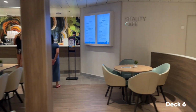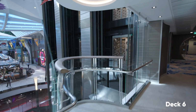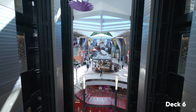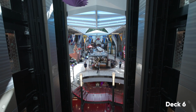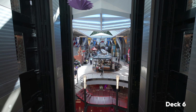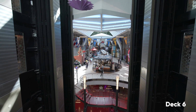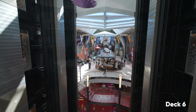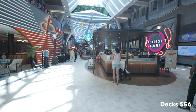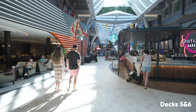So coming out of the deck 6 front Vitality at Sea Spa, we're overlooking the Royal Promenade. Now there's a lot of things on deck 6, but you can access them through the rear of the Royal Promenade. So I'm going to take us down to deck 5 and explain what's on both decks 5 and 6 in the middle of the ship. We'll go back up to deck 6 as we get towards the rear of the ship, but deck 5 here,